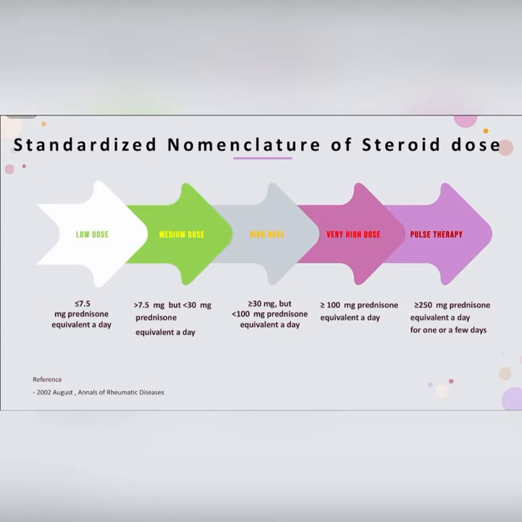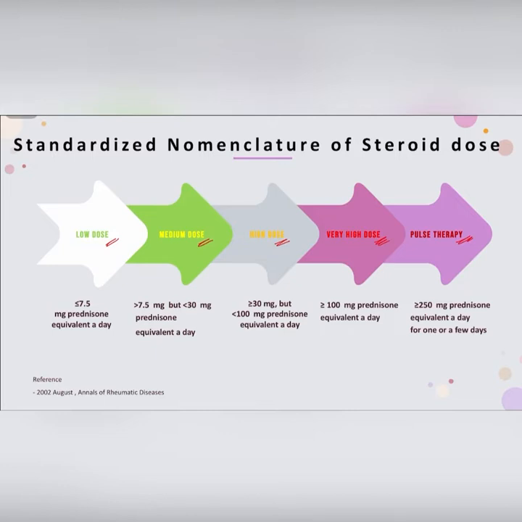Here we can see steroid dose from low dose, medium dose, high dose, very high dose, and pulse therapy. Pulse therapy is the administration of a high steroid dose intermittently to accelerate therapeutic efficacy. In this slide,